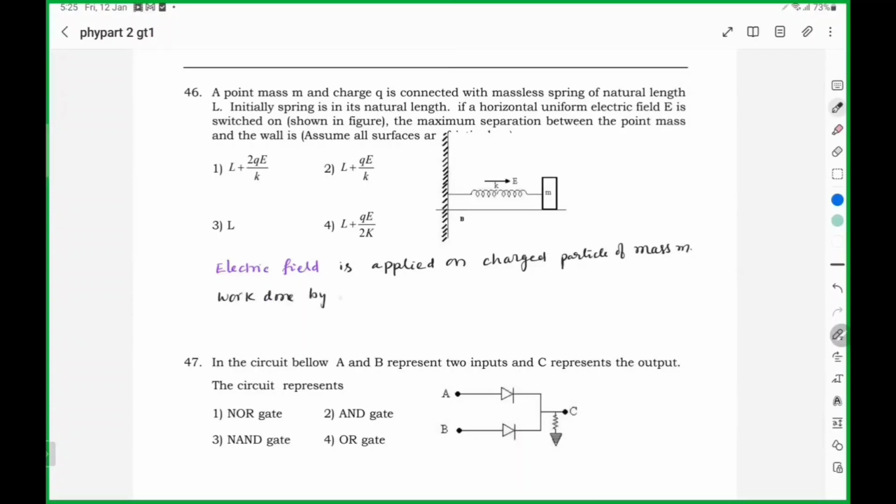Work done by the electric field is QE into X. Here, this mass is given a charge Q, which is equal to